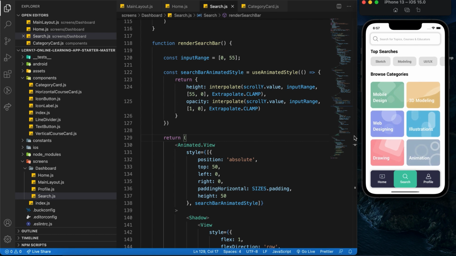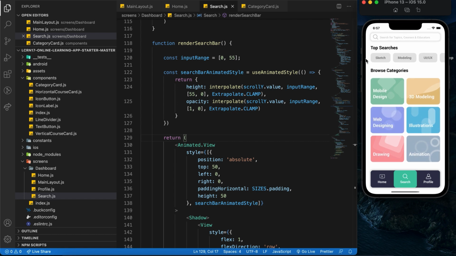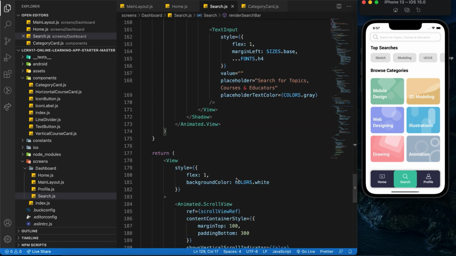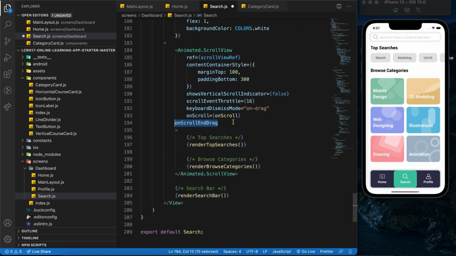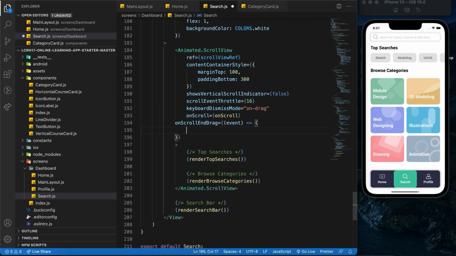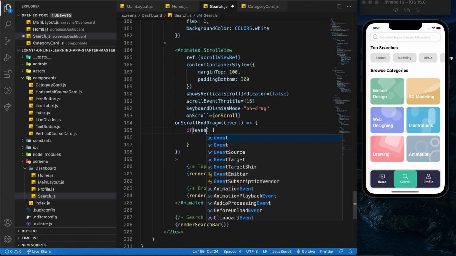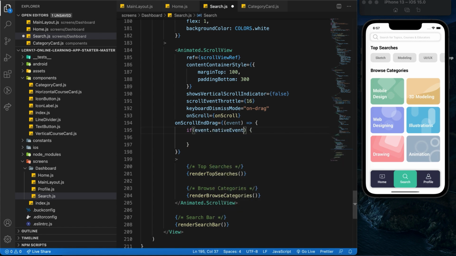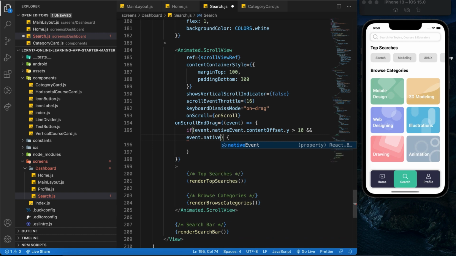Sweet. Now there's actually one more thing we need to do before we move on to the profile screen. We do not want the search bar to be hanging halfway like this. Right, so in order to solve this issue, we are going to make use of the on scroll end drag prop. So over here, I'm going to get the event followed by the arrow function. If the event.nativeEvent.contentOffset.y is more than 10 and the event.nativeEvent.contentOffset.y is less than 50, then I'm going